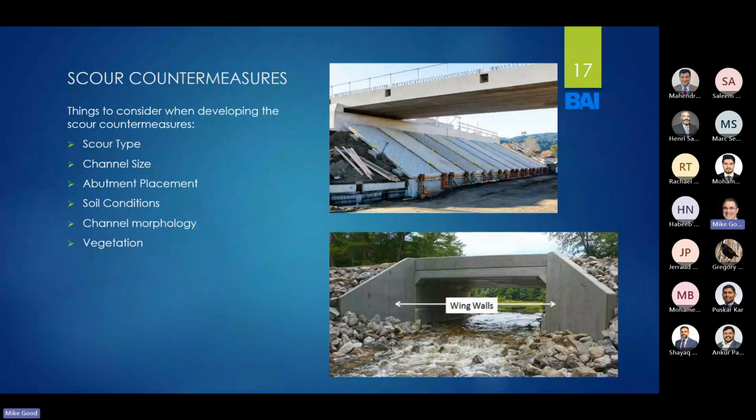So what do we do to prevent scour? Scour countermeasures. There are lots of different types of scour countermeasures. I'm hitting the main ones, but there are a lot of other ways that we can prevent scour. The main ones that we're talking about today are things that we have to think about